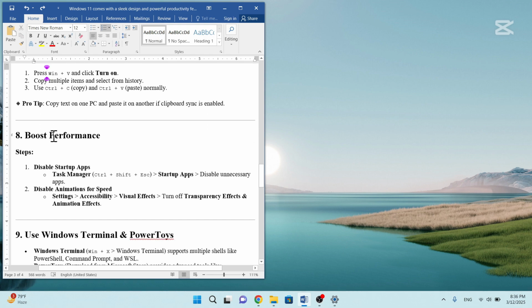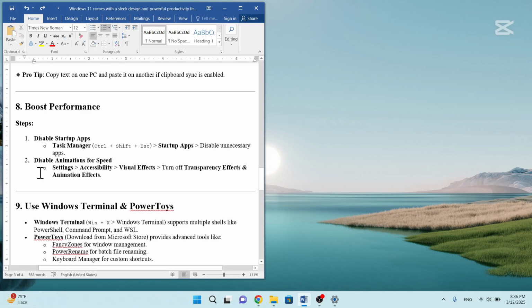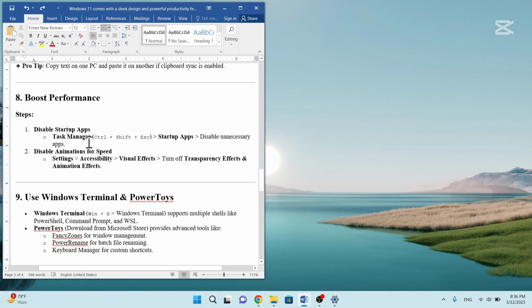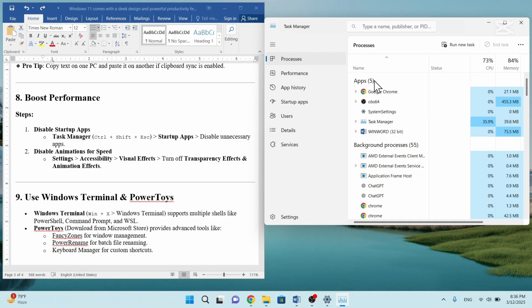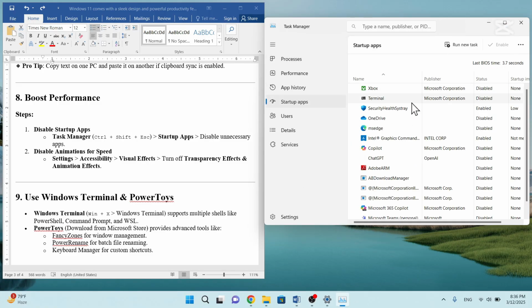And next is that you can boost performance. You can go to the task manager. Press Ctrl plus Shift plus Escape. And go to startup apps. This application you will not need, just right click and disable that, right? And next is that you have to disable